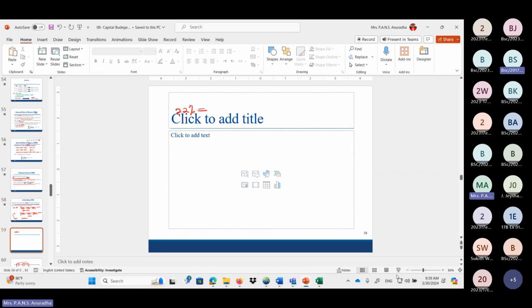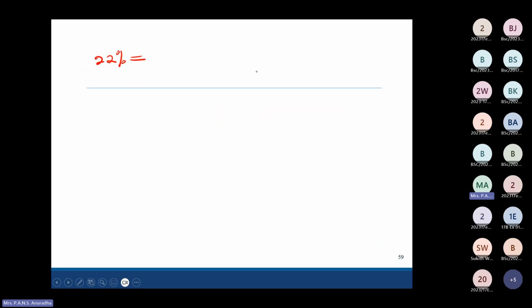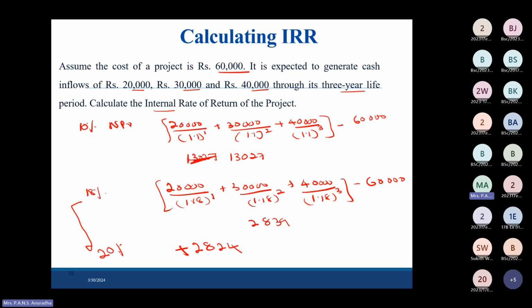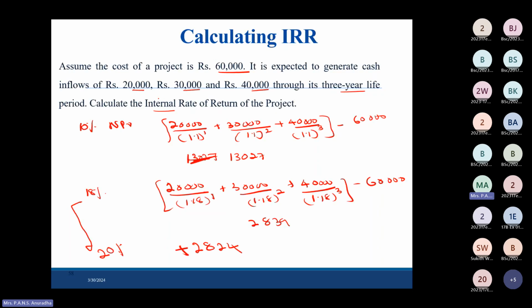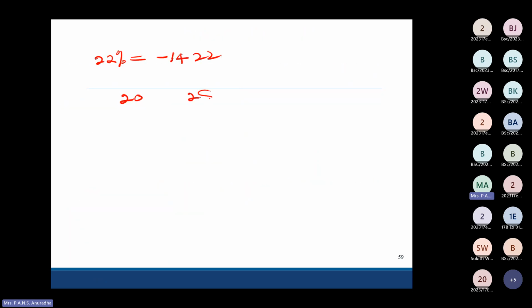Right. So now you can calculate. At 22%, NPV is negative 1,422. So now in our linear interpolation table, at 20% NPV is positive 2,824. So we are seeking the rate when the NPV is 0. At 22%, NPV is minus